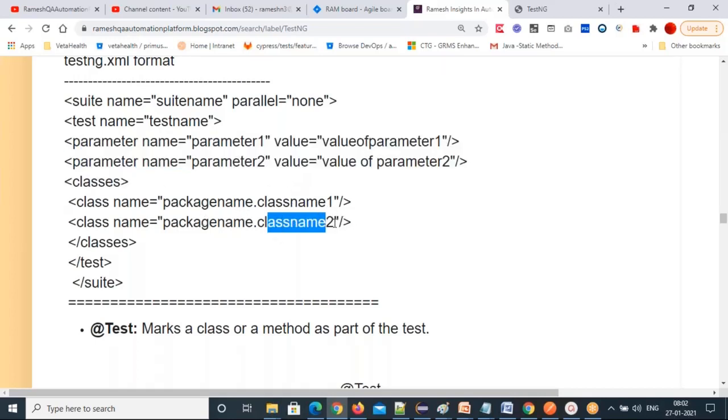So class 2 will take those values and class 1 will take different values, whatever values you are passing. Every class has different parameters, so it won't get any conflict, because you are giving the parameter name, right? A different parameter name you will give each class. If it is the same parameter, you don't need to declare it twice; automatically the same values you can pass. But if the parameter name is different and values are different, you can pass them for each class, and just above that class you declare these parameters. Okay.